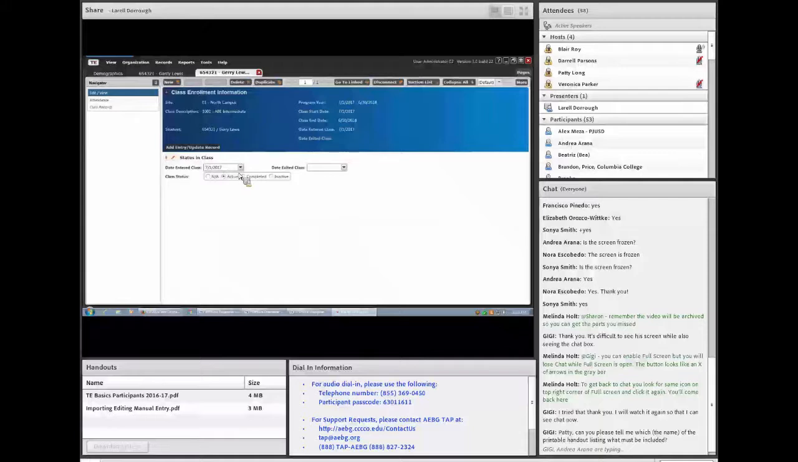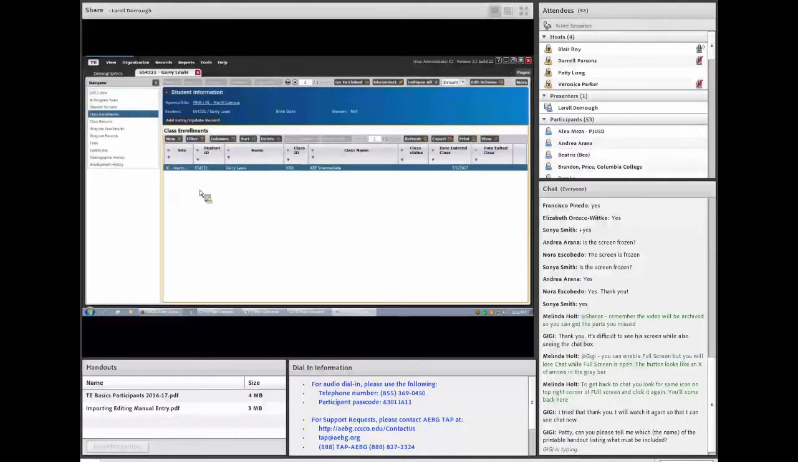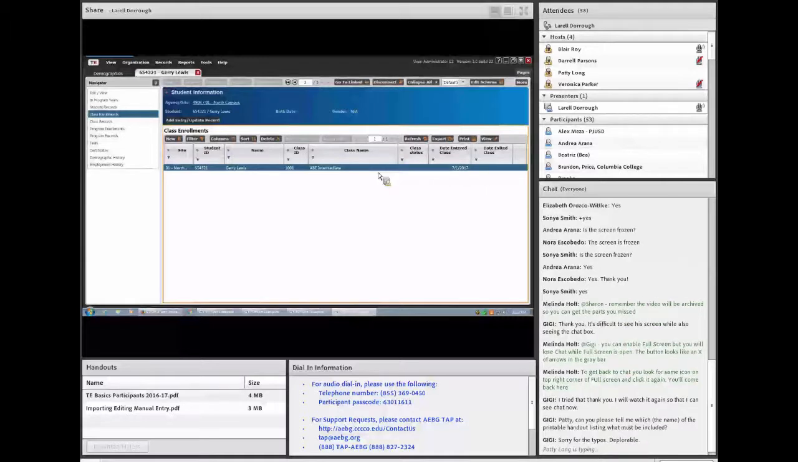Well, he's an active student. All right, so if we close this here, it takes us back. Now it shows us the class enrollment that the student has. Now, although this student is enrolled in a class, he's not necessarily enrolled in the program, even though it's an ABE class. So the next thing we want to do is jump down here to program enrollments